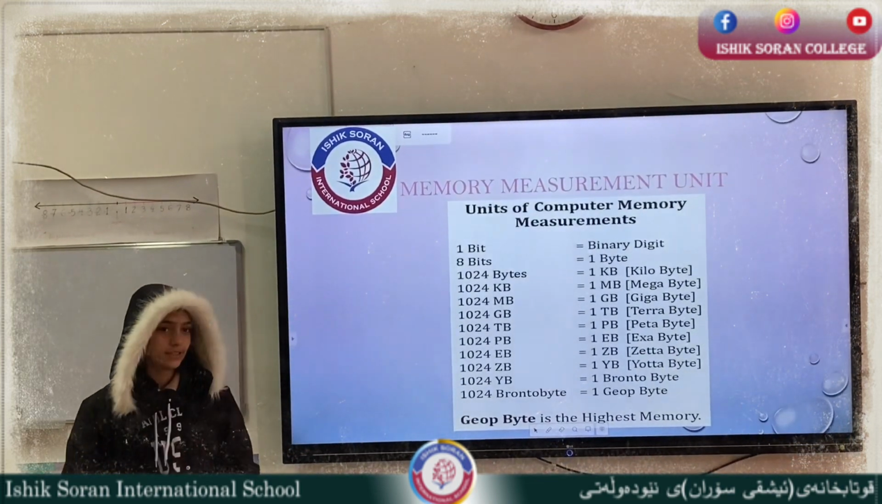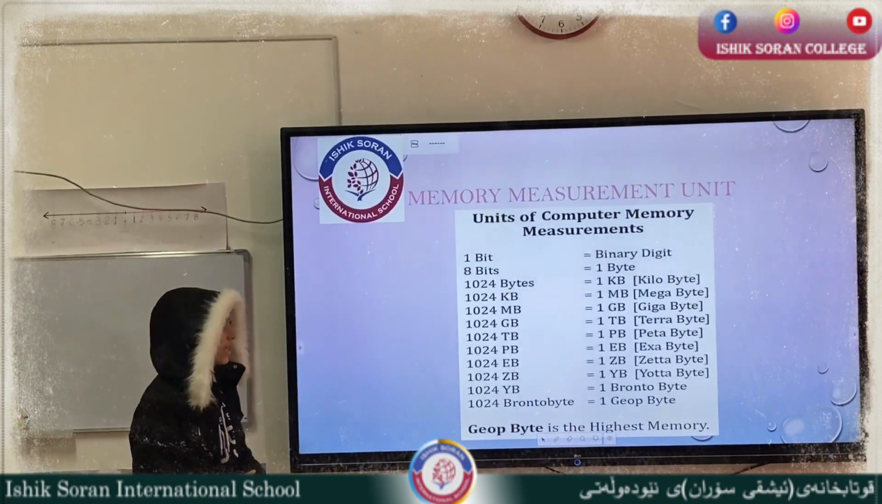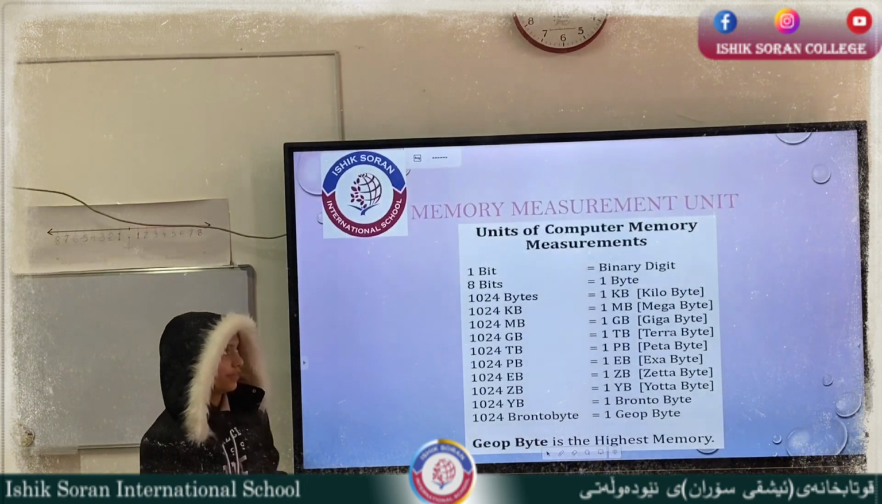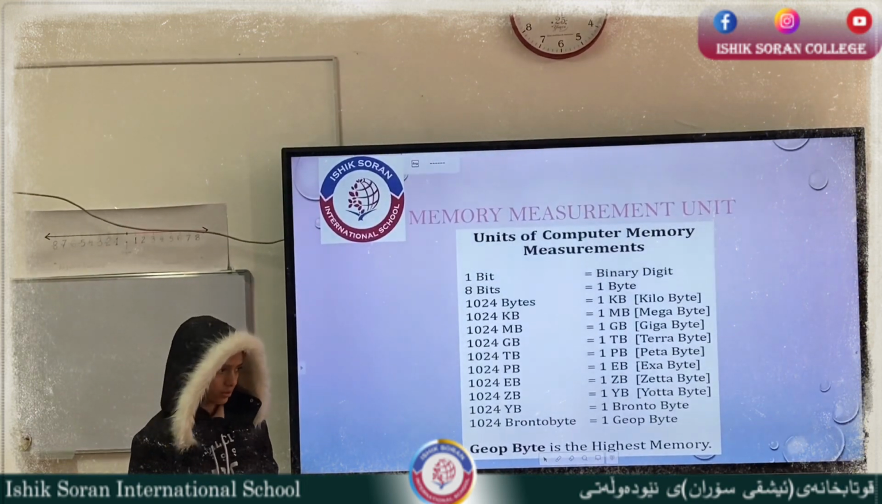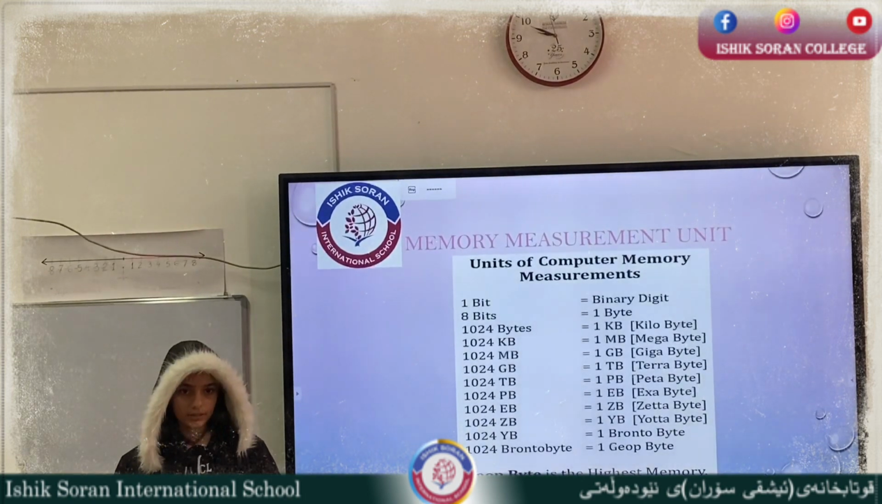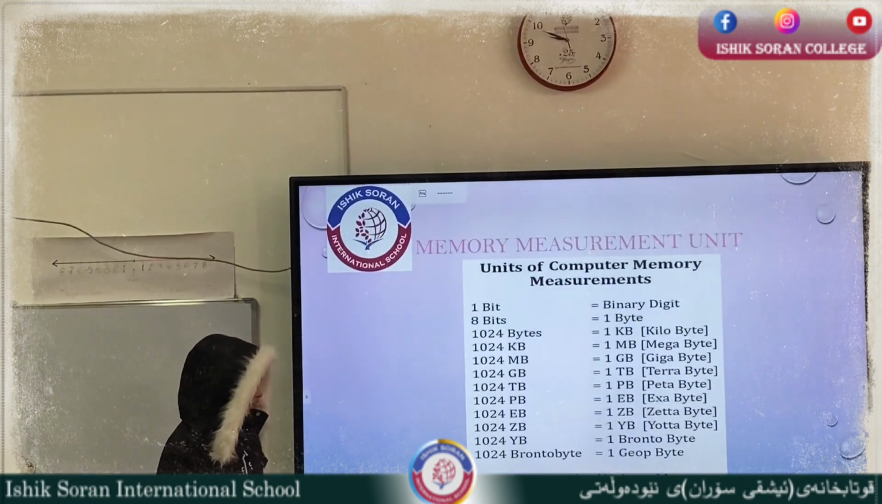Okay, 1 bit is equal to a binary digit. Like 8 bits is 1 byte. 1024 bytes is 1 kilobyte, and 1024 kilobytes is 1 megabyte, and so on. And like gigabyte is the